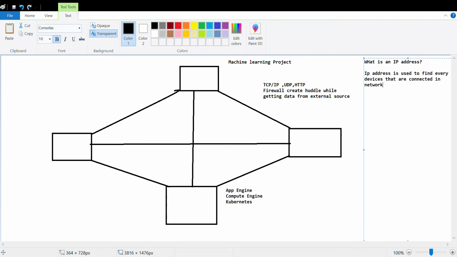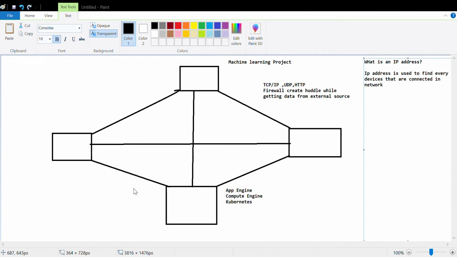When you connect to any network, how will you find any node on the network? That is why, in order to find any node on the network, we use the IP address concept. This IP address will find any devices that are connected in any network. Now suppose you want to find it on a system, how will you do it? You can see it on the command prompt. Search for the command prompt here, type the command ipconfig and press enter. This will show you your IP address.